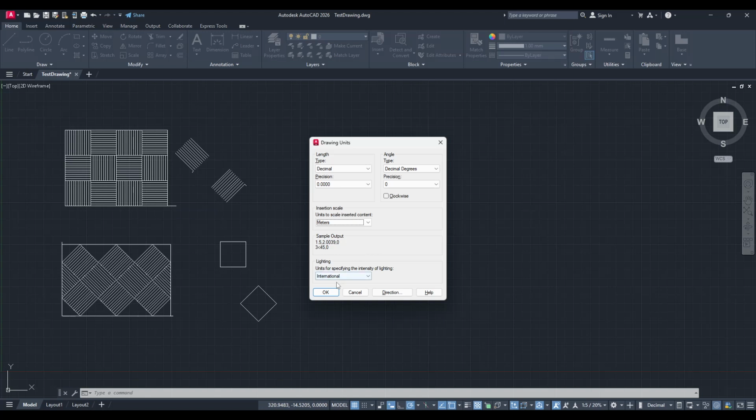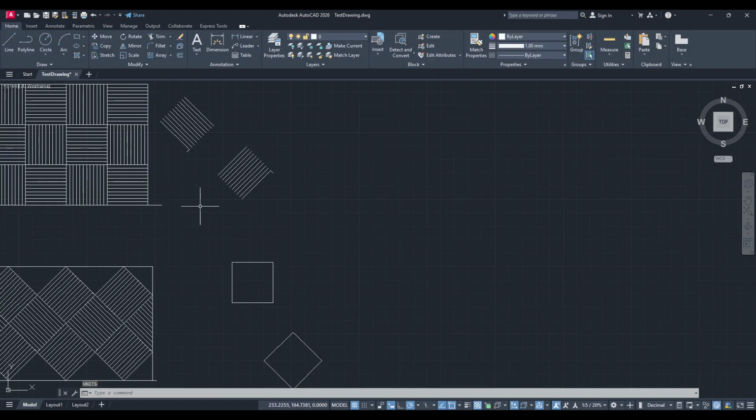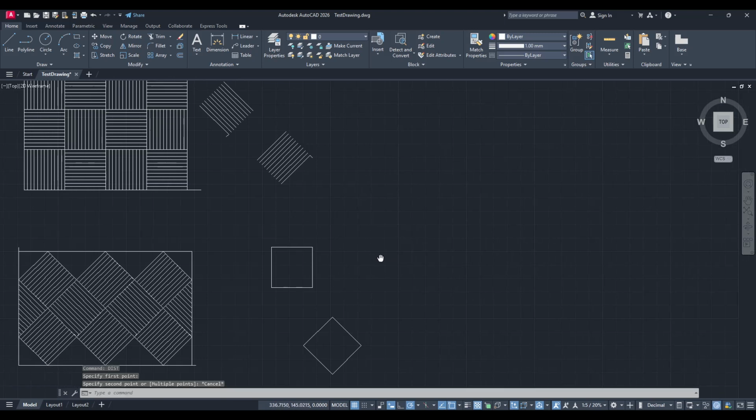After choosing meters, all you need to do is click OK. This action confirms your selection and updates the unit settings for your drawing. Now the setup is complete, and your drawing units are set to meters. Implementing this unit setting ensures consistency across all your design elements, which is particularly important if you're collaborating with others